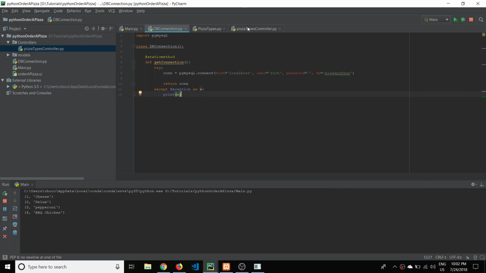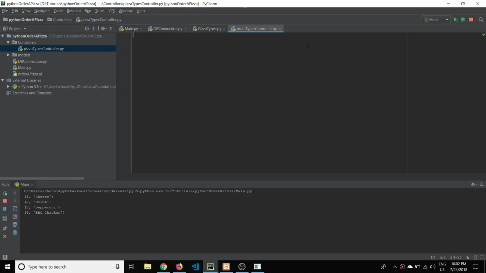So we'll move over to this controller, and this is where we will instantiate the objects. We're probably going to want to make another static class so that we can call this on the main page. So we'll go class, and I'm going to call it the same thing as the file name, PizzaTypesController. Here we'll make another static method, called get_pizza_types, because that's what we're going to be doing here. I have to put the def for the method. And then we will try